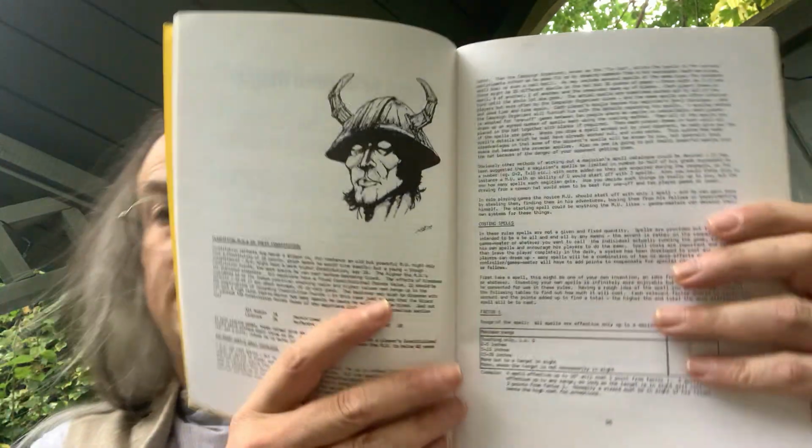And calculating magic users by their constitution. So this is for your rules for your wizard. Let's see what I misplaced. Yes, things to do. So essentially, what we've got in here is